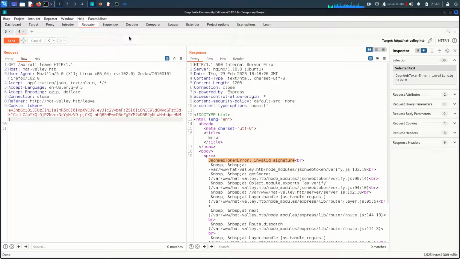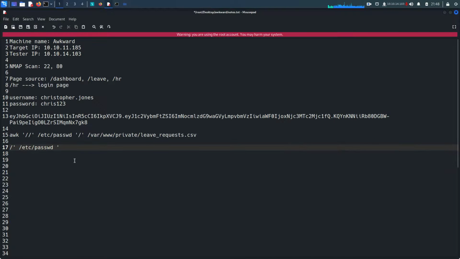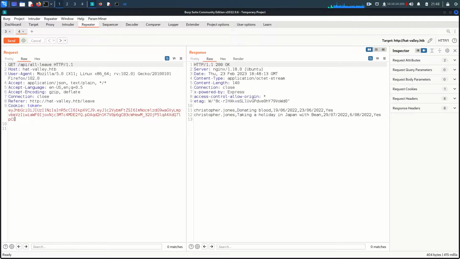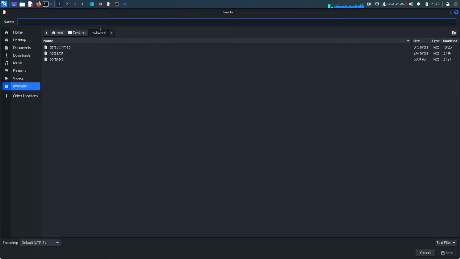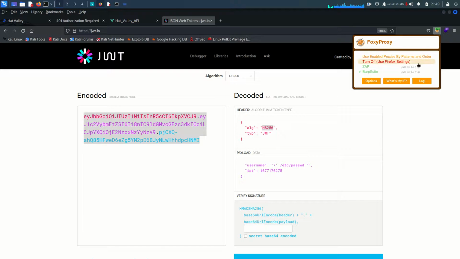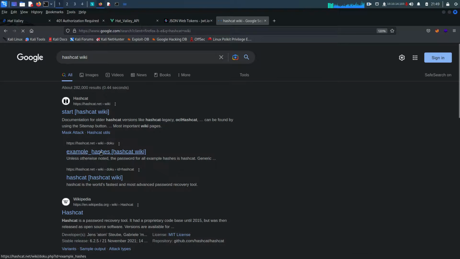Fine. So we need to crack the token. Let's see. First thing first, I'm going to create here one new file, and in that file I'm going to copy this genuine token, paste it here, save it, and save it as jwt.txt. Okay. Come back here. So hashcat space -m, and I think it's 16,500 if I'm not wrong. Hashcat wiki and example hashes,